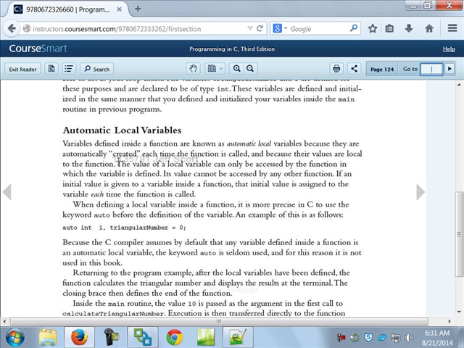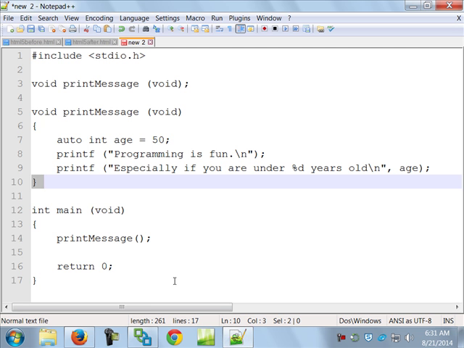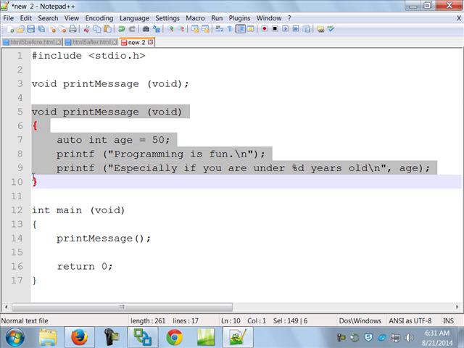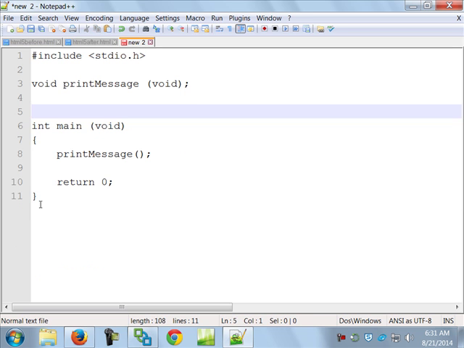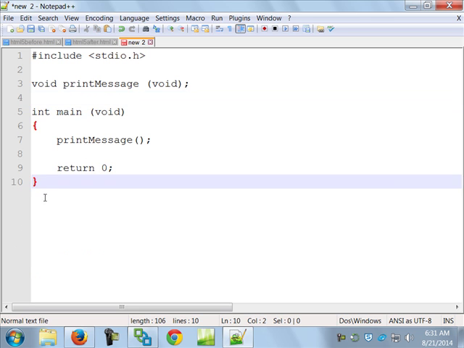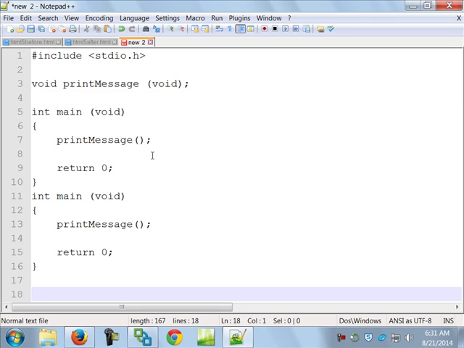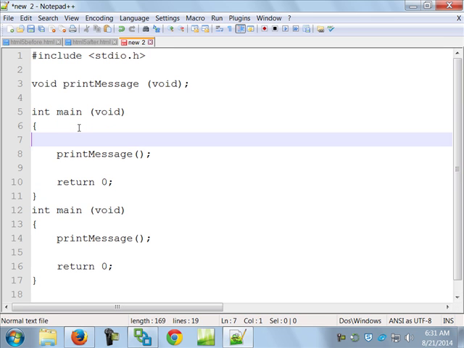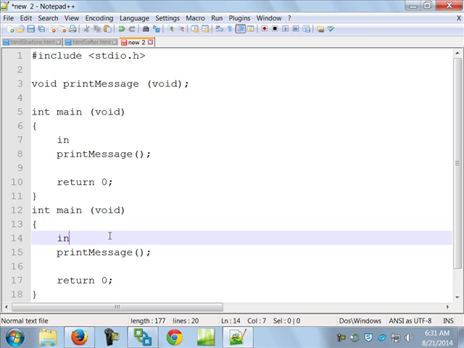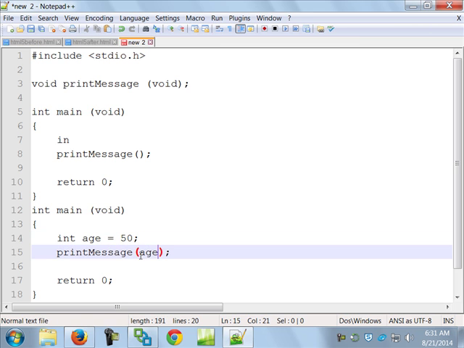One thing I did mention to the class yesterday, and since I didn't tape it, I want to make sure I put this in here so people understand this. All right, let's show this the way that I recommended that you do it here. So in other words, here's main. Main calls print message. Okay. So again, we'll do this inside of main. We'll say int age equals 50, just like I did before, and we'll call print message and we'll pass to it age.